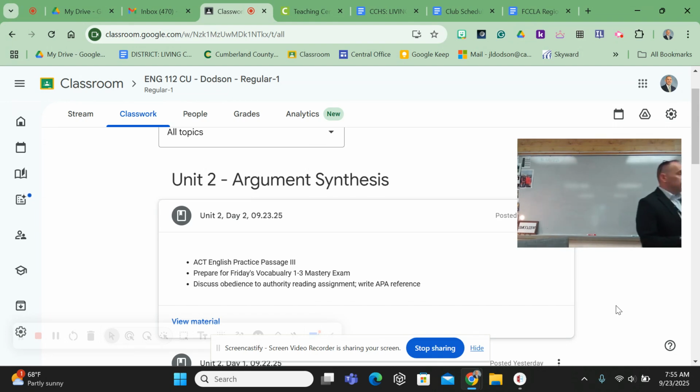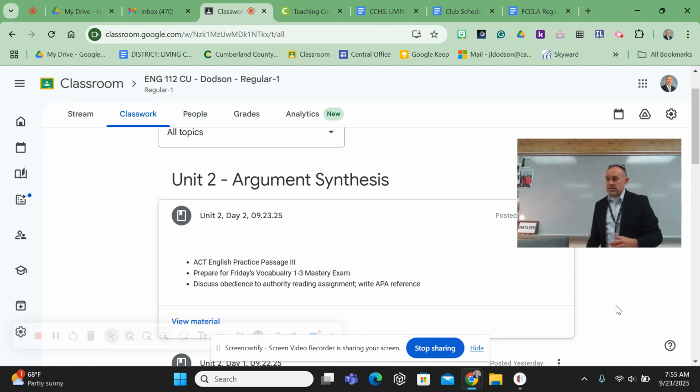Part of what we're going to do as we read through these essays is we're going to write an APA reference for each one. So you'll have the references list already built by the time you write the essay. And the point of a synthesis is you arrange it around main ideas and then you draw from different sources within each of those main ideas.